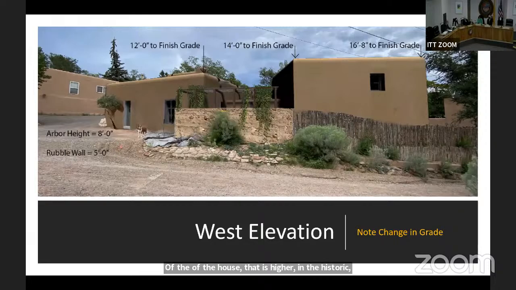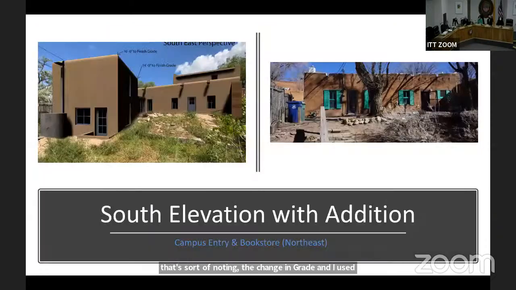And I'm sure the applicant will have a much better presentation than I will in terms of the architecture. So I'm just going to touch on some renderings that were provided. And this is the west elevation. And then once again, that's noting the change in grade. I use this because I've been talking about that in our presentation. And then the view of the house and the proposed changes is illustrated here. So in clear view from the road, as you experience driving up, what you will see primarily